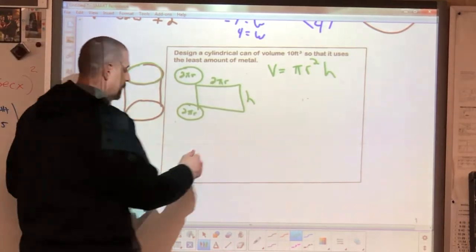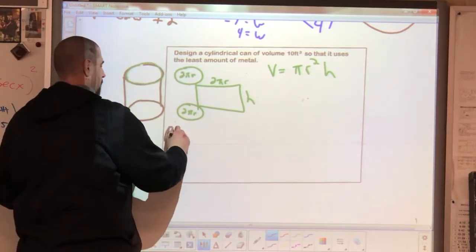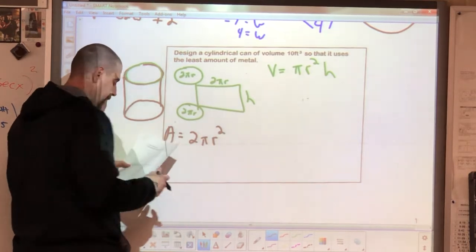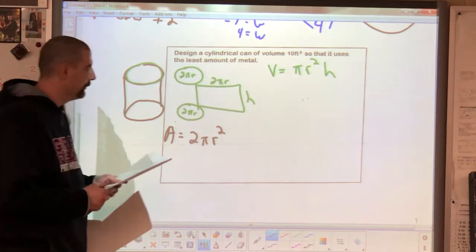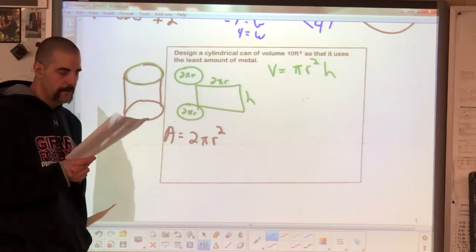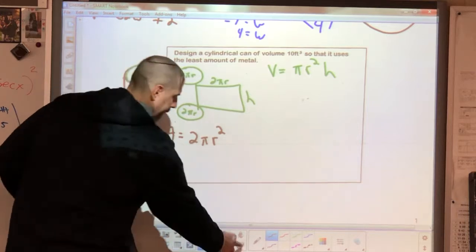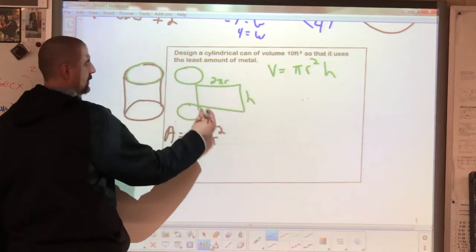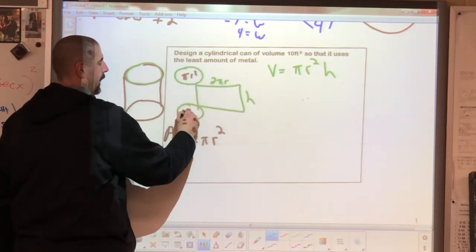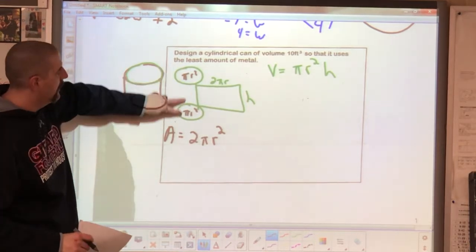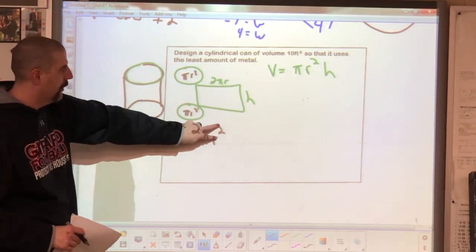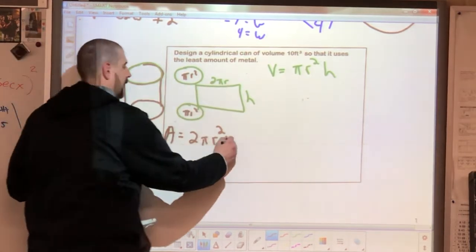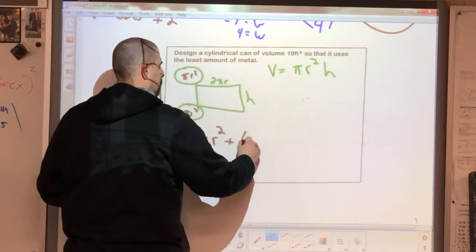Okay, so surface area now, surface area is equal to 2 pi r squared. Okay, and again, why is it 2 pi? Oh, I'm sorry. I wrote the wrong number here. I wrote 2 pi r. This is pi r squared. That's the area of a circle. There's 2 of them, so 2 pi r squared. The circumference is 2 pi r, which is the length, and again, area of a rectangle would be what? 2 pi r